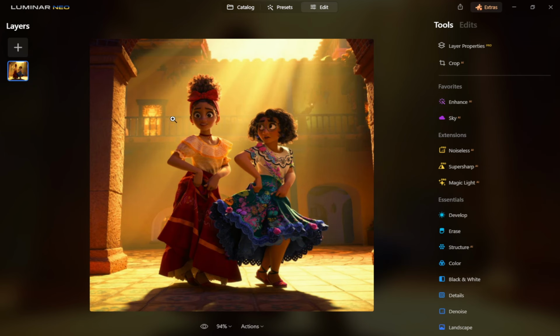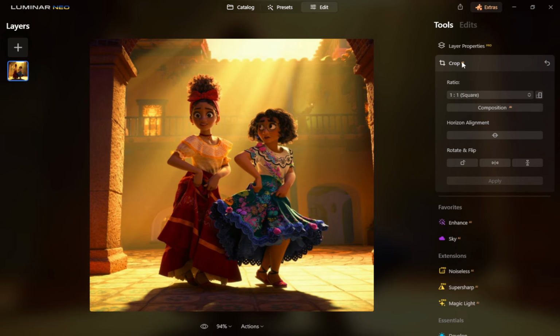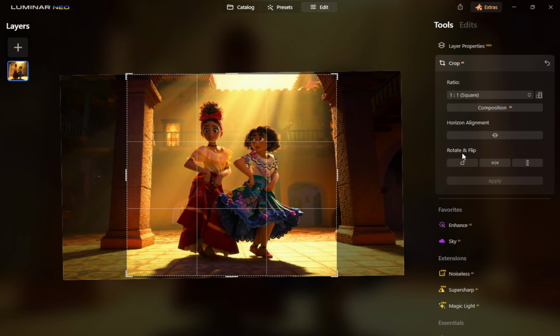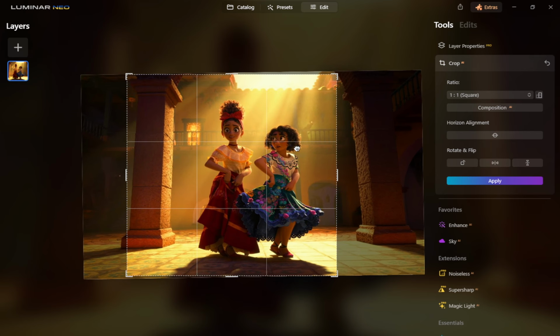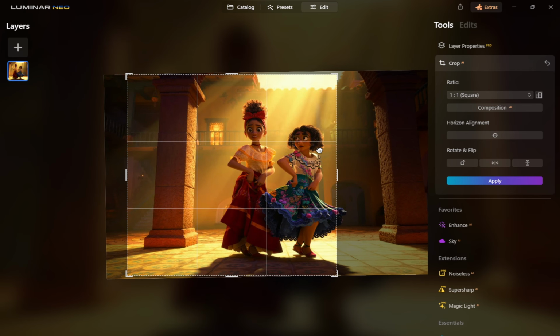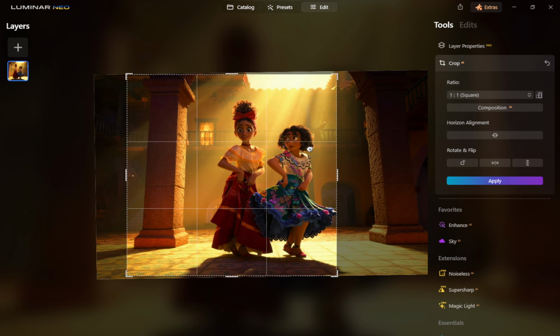A few pro tips to keep your workflow smooth. Crop early, before heavy editing, so you're not processing pixels you won't keep. Use the grid to balance your composition, placing key elements along intersections or keeping the subject centered when that feels stronger. Leave a bit of breathing room around your subject to avoid cramped edges and aim for a clean, intentional frame.